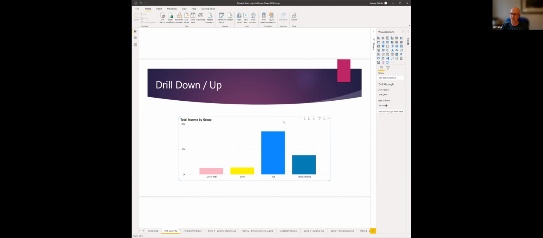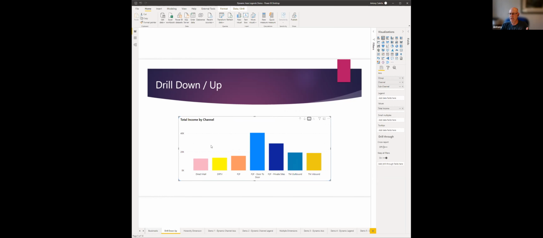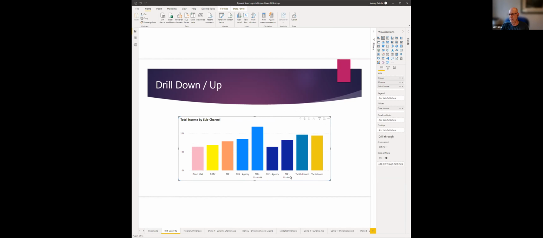So for example, in this particular chart I've got an opportunity where you've got total income by group at this level. I could then drill down to the next level in the hierarchy, where I drop down to the channel level within that visual, or I could drop down to the sub-channel level as well. Now, very similar to the bookmarks, it's easy to set up, with no additional Power